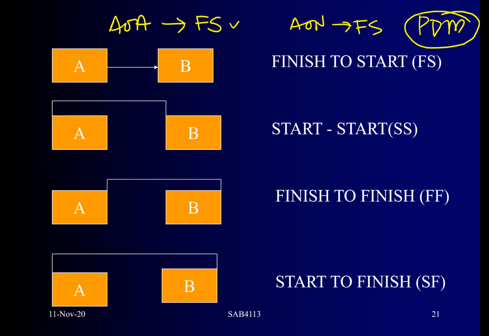When we talk about the PDM diagram, I would say it is the enhanced version of the AON diagram. Why? Because it has 4 relationships. Number 1, finish to start relationship. You see how to draw this relationship. Remember, the left side of the box is start. The right side of the box is finish. And then the left side of B is start. That's why the relationship is finish to start, because it indicates where the arrow is coming out from A